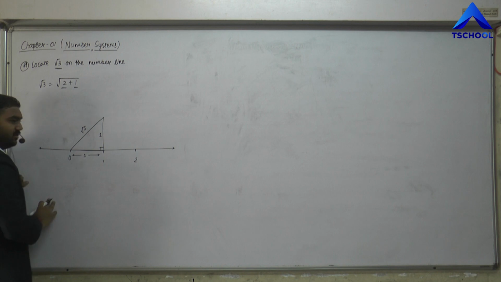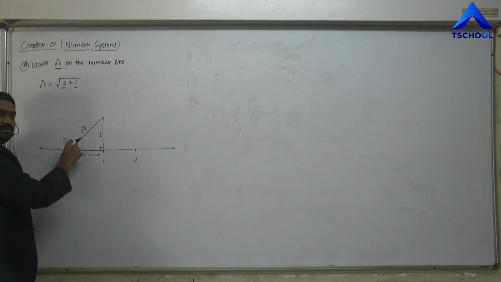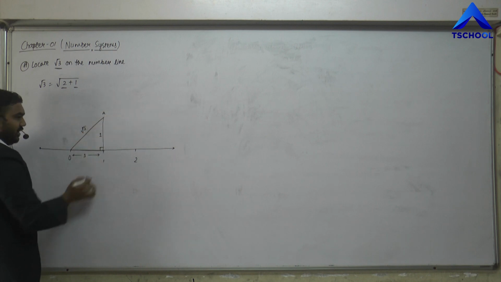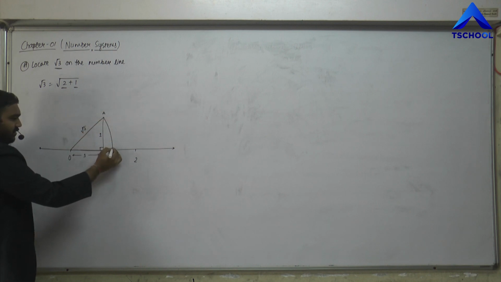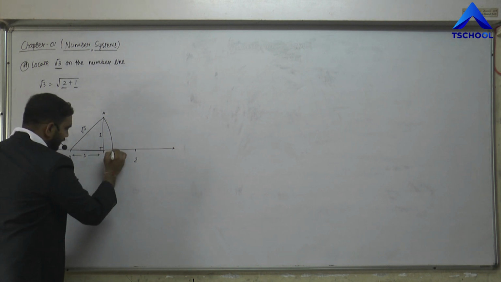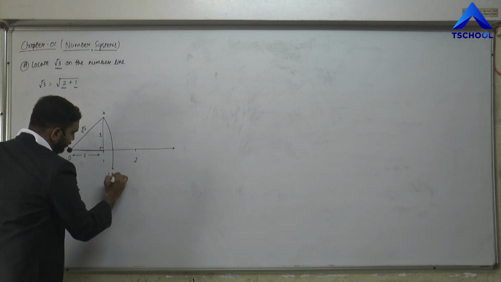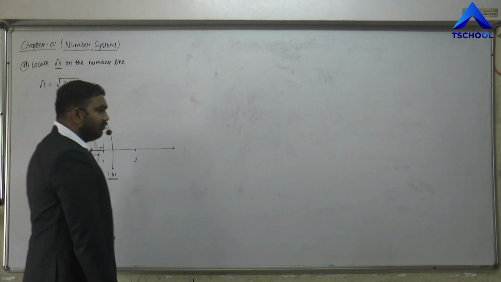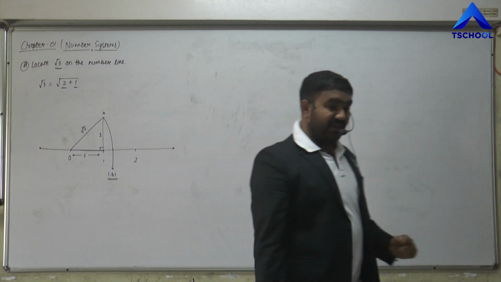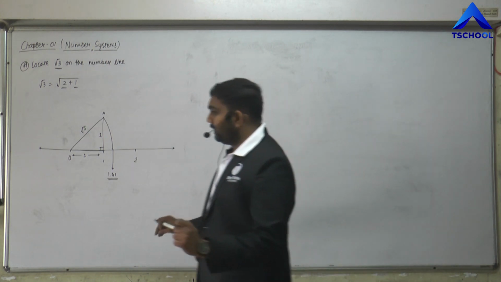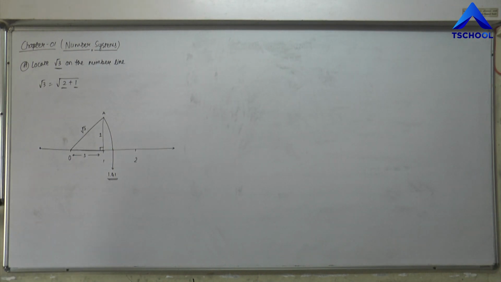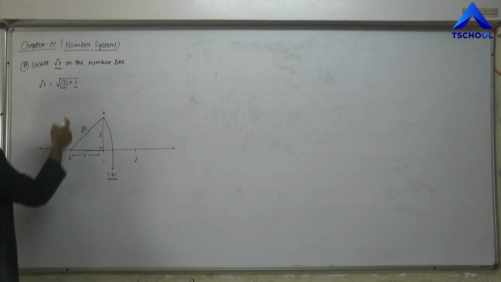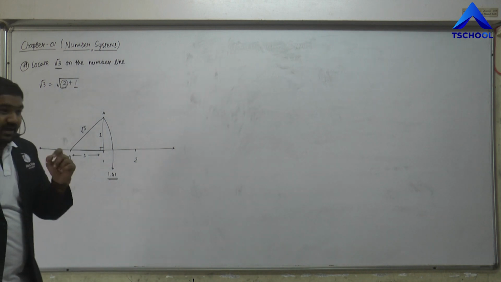With the help of the rounder, placing its point at 0, I shall take the radius up to OA, and I shall draw an arc here. So this point gives me the value 1.41. Is it clear, friends? Now the next thing I shall do is again draw a line of 1 unit at this point 1.41. Note that, friends, now I have got this 2 here. This 2 means root 2.